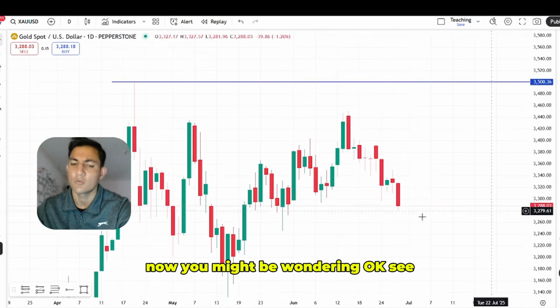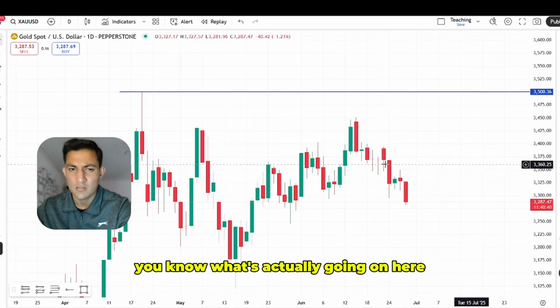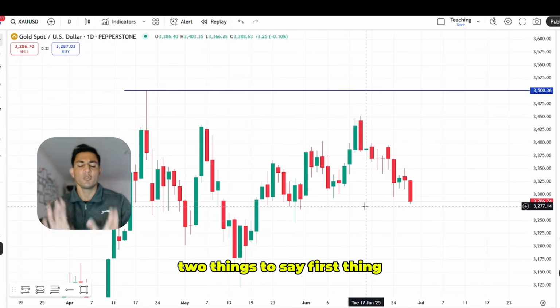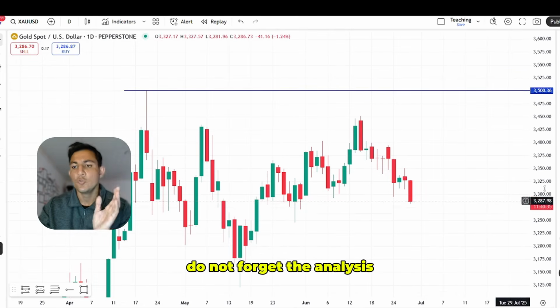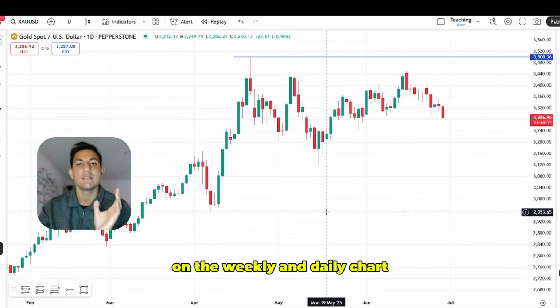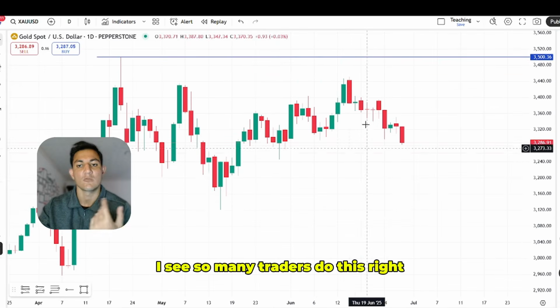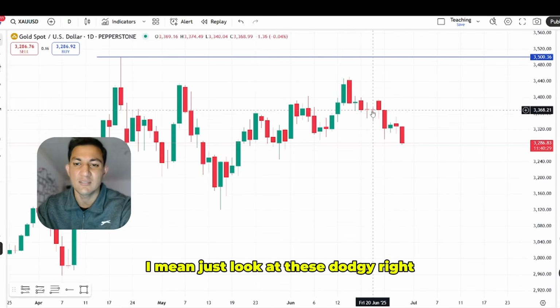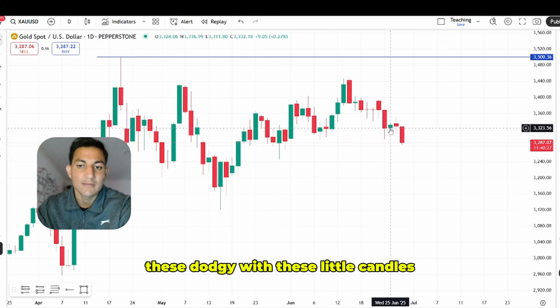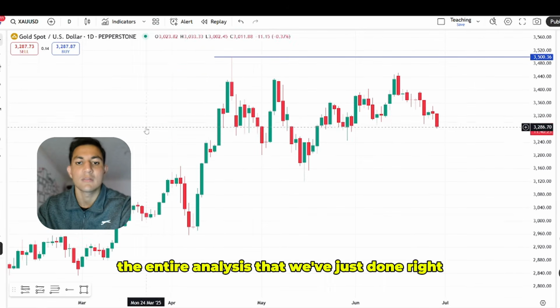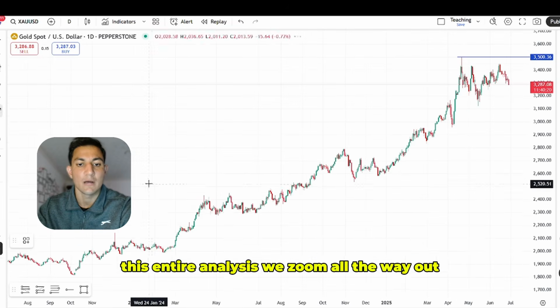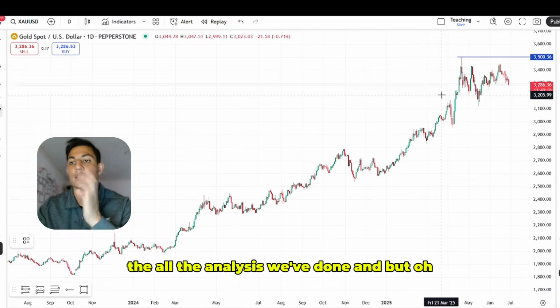to drop, right? Now you might be wondering, okay, so, is price reversing? What's actually going on here? Two things to say. First thing, do not forget the analysis on the weekly and daily chart. I see so many traders do this, right? Price starts to drop. I mean, just look at these dojis, right? Look at these dojis, these little candles, and they'll just throw out the entire analysis that we've just done, right? This entire analysis, if you zoom all the way out,